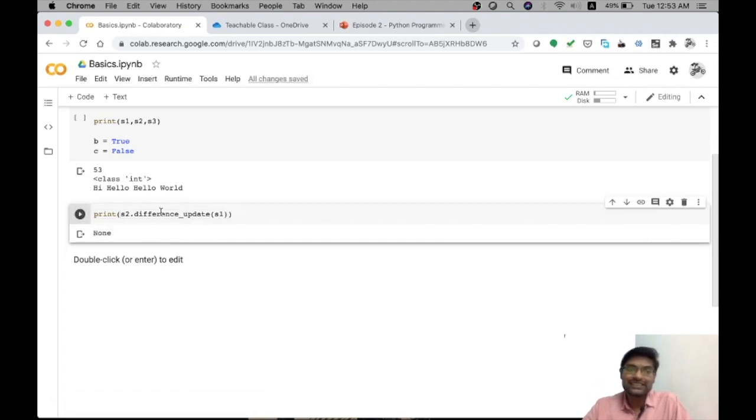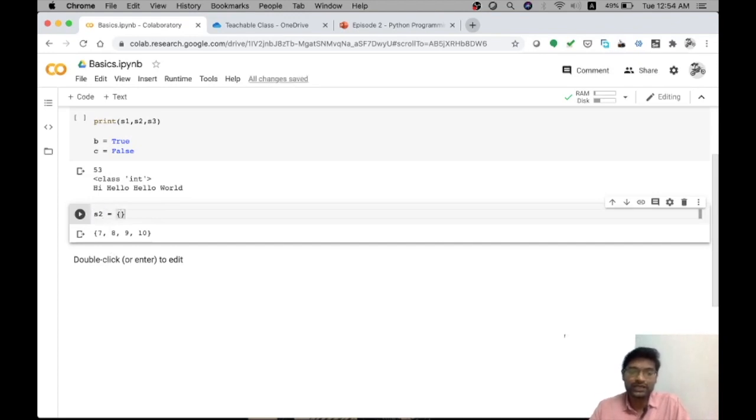In this case, it has updated the value of S2 itself, and there is no value returned to the print statement or the console output. So to read the values, I need to execute print of S2. Here I have got 7, 8, 9, 10, as the values 1 to 6 are subtracted from S2. Similarly, we can build values for the other functions.